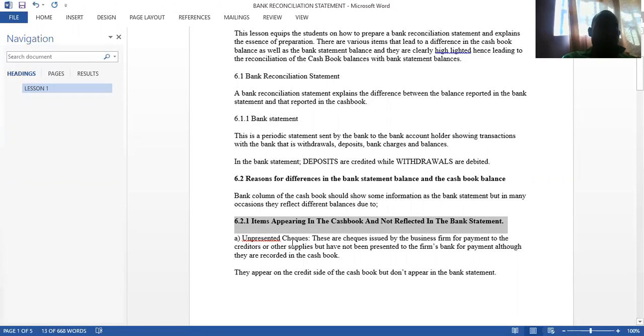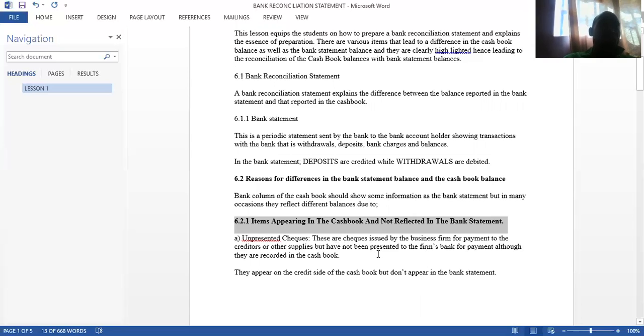These items are actually categorized into three. Number one, we have what we call the unpresented checks. Unpresented checks are the checks issued by the business, meaning that these checks are meant for payments. They have been paid, and in the cash book they have been recorded by the accountant, but